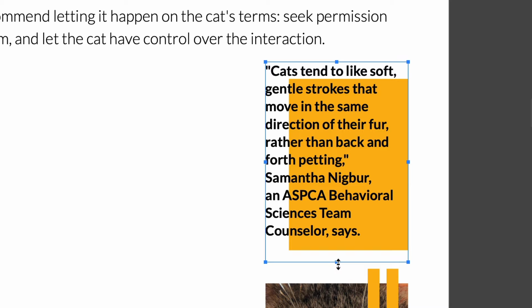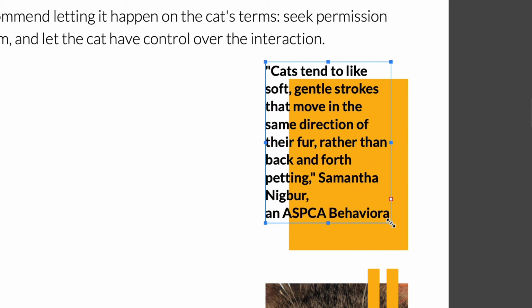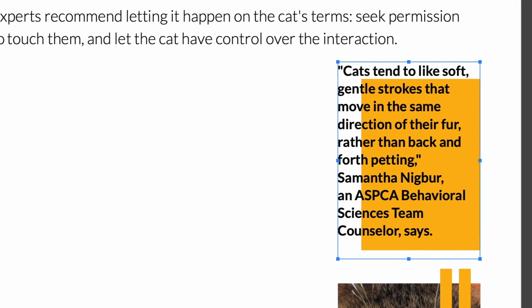The text in a text box is able to flow with adjustments to the frame. The size of characters is independent of the shape and size of the frame. When we resize the frame, the text simply rearranges within the given space. Now let's move to the next type of text.